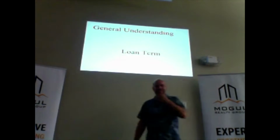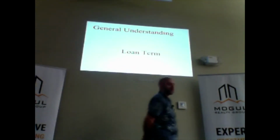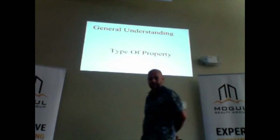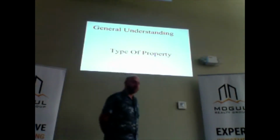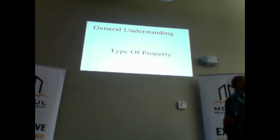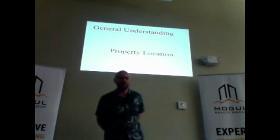All right, getting into the loan term, and I'll cover this a little bit more. Loan terms for private money generally range from a few months to up to 5 years, depending on what you're looking at. There are different types of loans for different types of property. You would want to assess things differently if it's farmland versus a house or a commercial property. Property location does come into play,